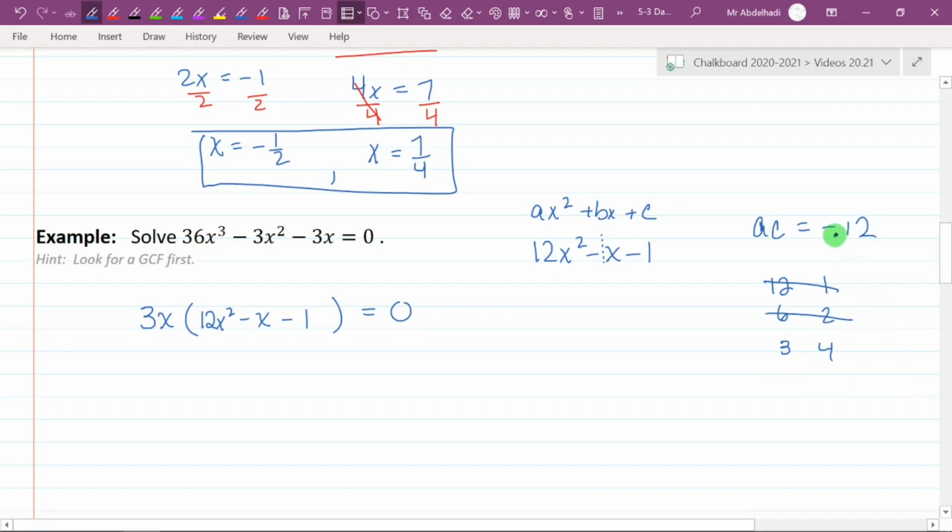However, you need a negative 12. That means that either the 3 or the 4 is negative. So either it's negative 3 and positive 4, or positive 3 and negative 4. Which one of these sums, if you add these, will give you a negative 1? It's going to be the bottom one down here. 3 and negative 4, 3 minus 4 is negative 1. So you're going to split this into, instead of negative 1x, positive 3x minus 4x. And if you think about it, 3 minus 4 is negative 1. It works perfectly. Bring down the other things, and now you have your 4 terms for the AC method,